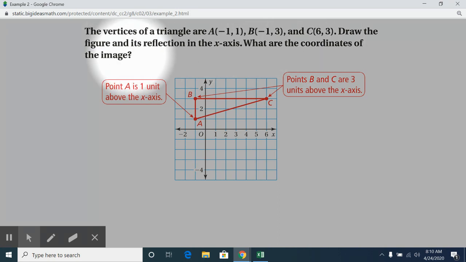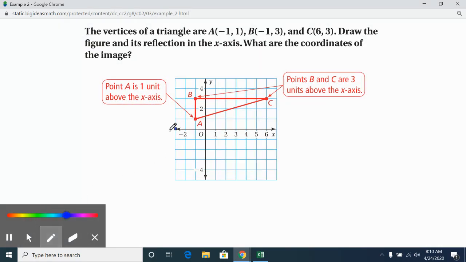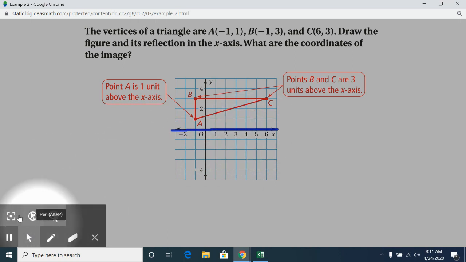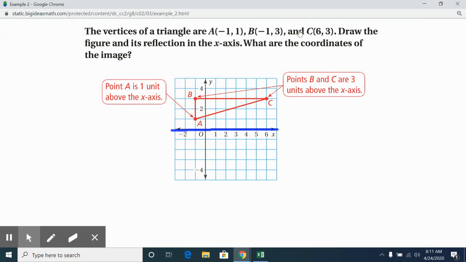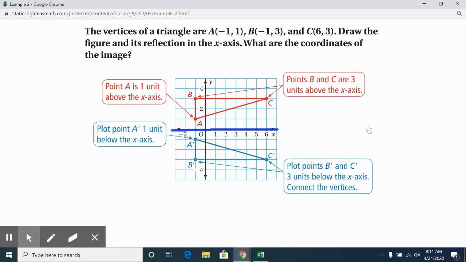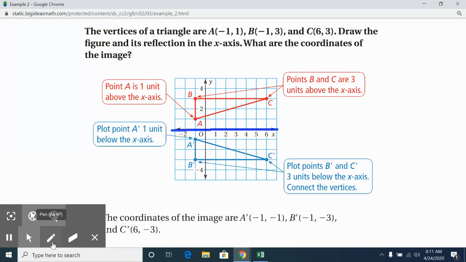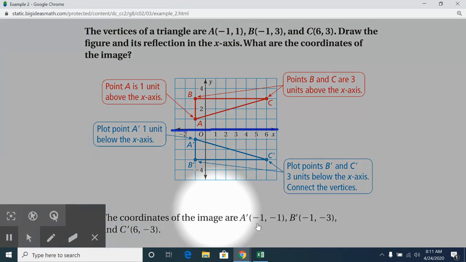Okay. Since I'm using the x-axis as my line of reflection, here's my x-axis. Since I'm using that as my line of reflection, I am simply just going to show you this because it's easy. I'm simply just going to take my y coordinates and change them to their opposites. So if we look down here, the only difference between these coordinates are